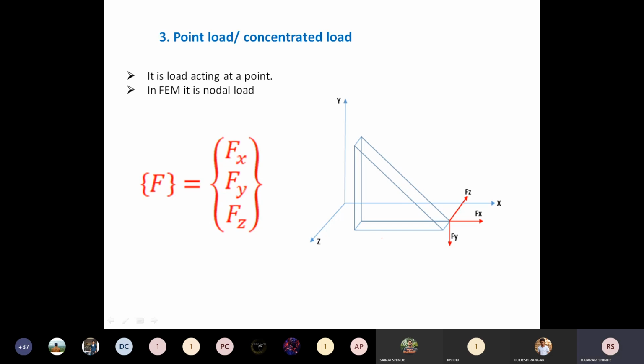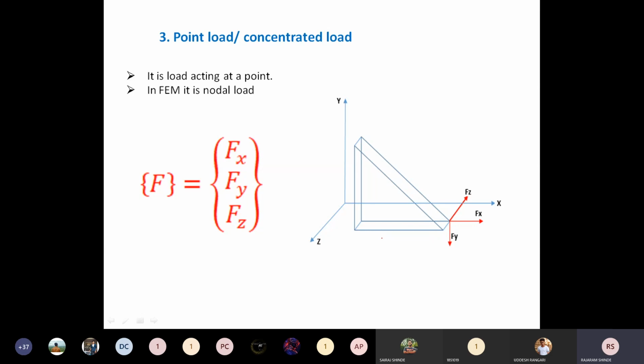That means all types of forces come under either body load, point load or pressure load. So these three are considered as the three major types of forces. Depending upon the line of action of the force, the distribution of the force or the intensity of the force, we consider it as a body load, point load or pressure load.